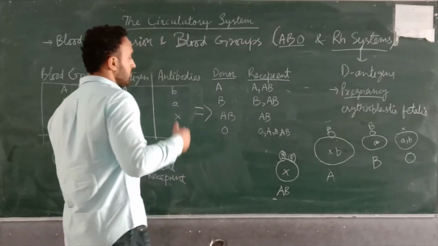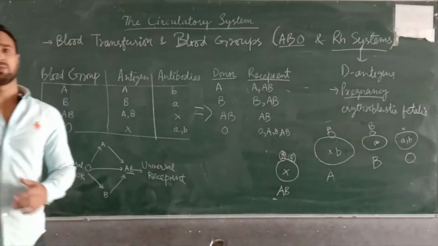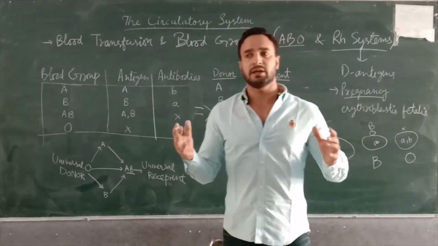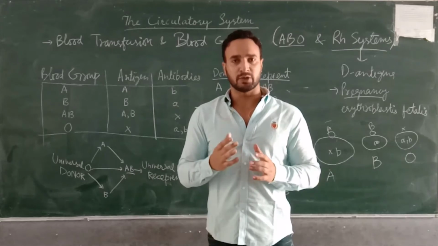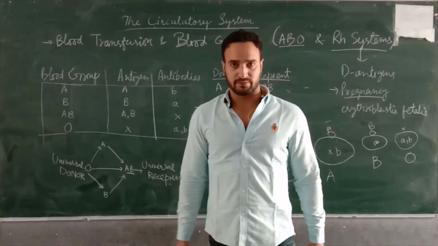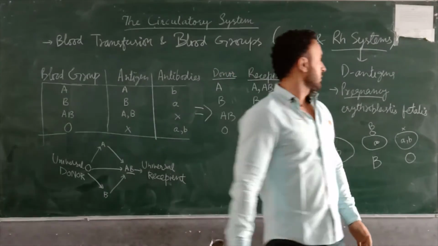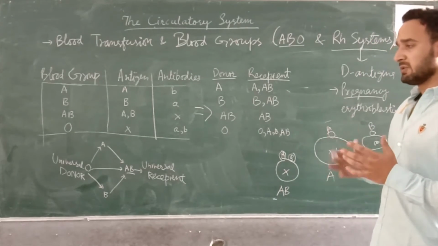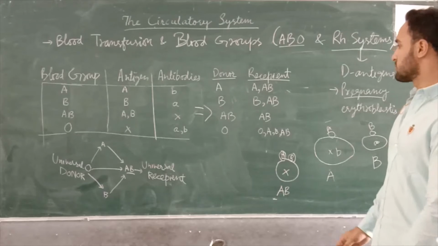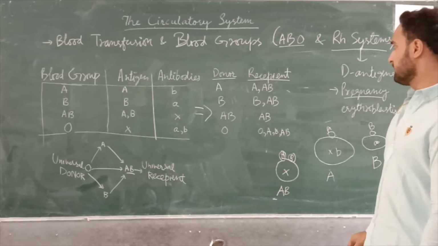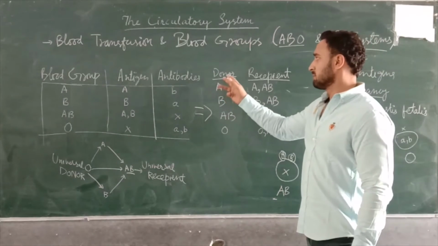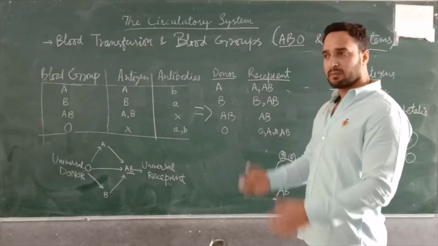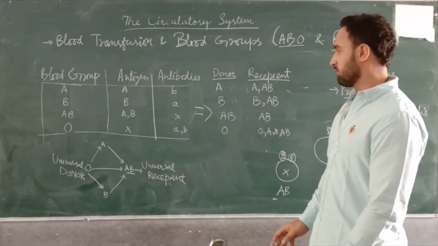So which means that there should be compatibility between the blood groups during blood transfusion, right? Understand? Suppose the blood group that is taken from the donor is A